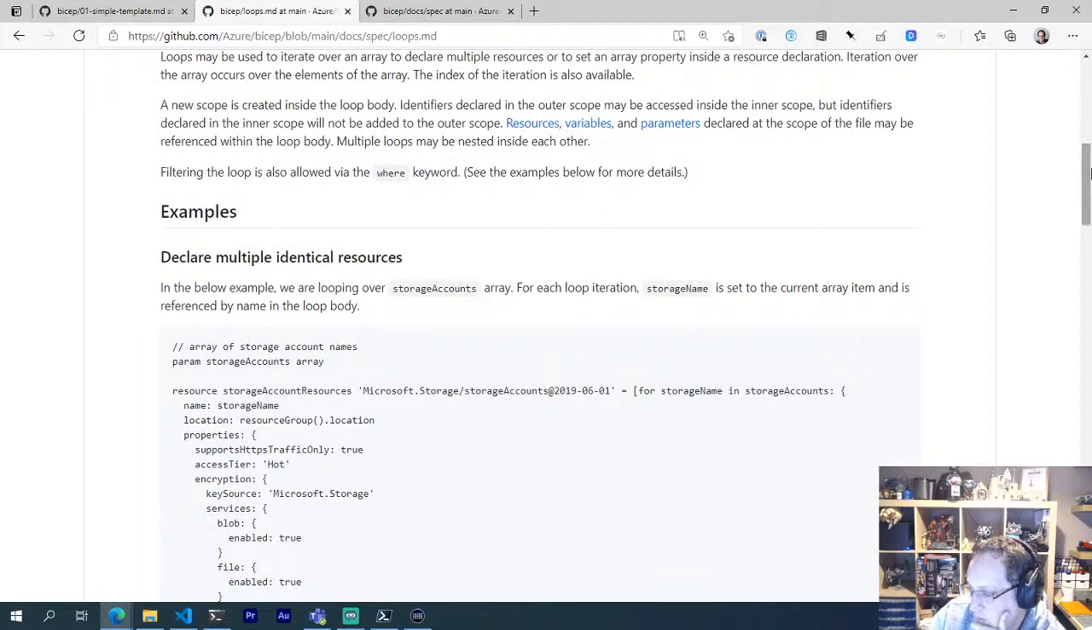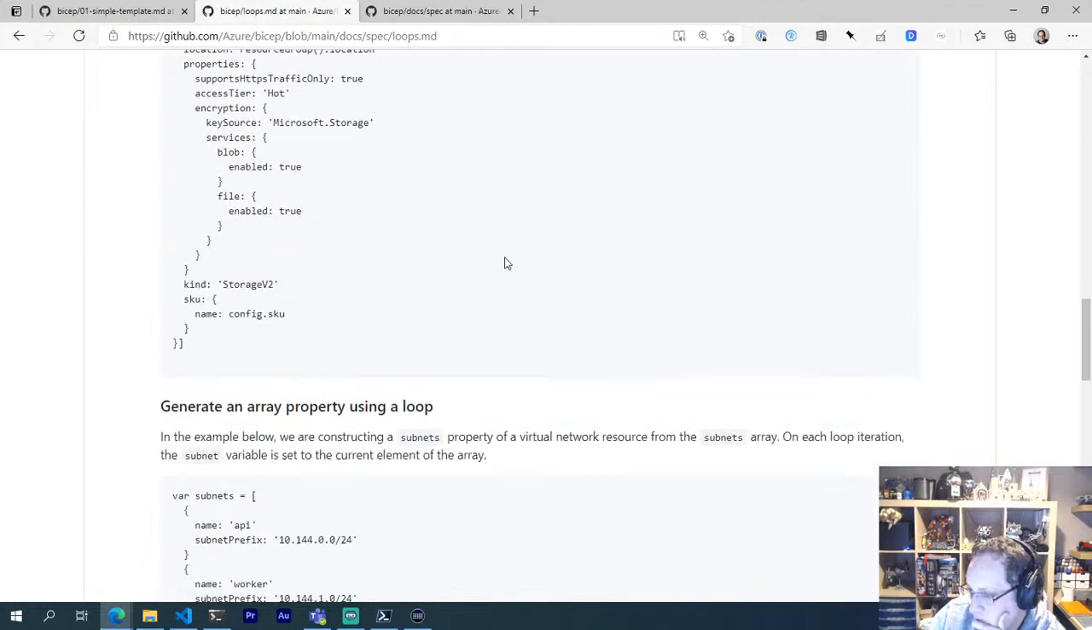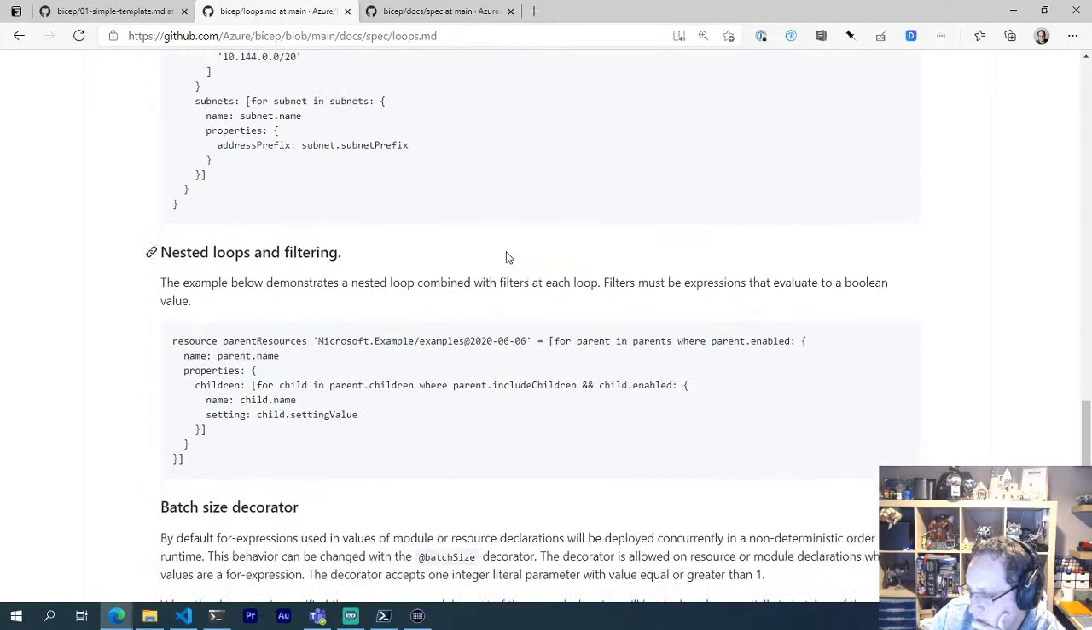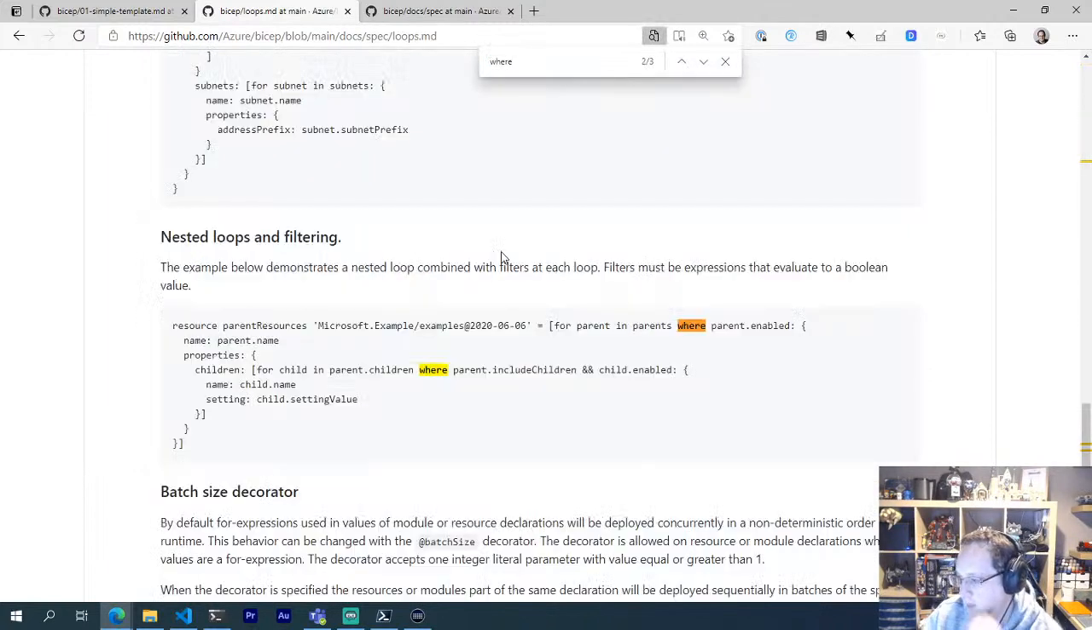Okay, apparently, well, we'll come back to the batch size later. It's not going to work. But apparently we can also filter using the where keyword. So let's find an example of that. Okay, so let's try and look at this from